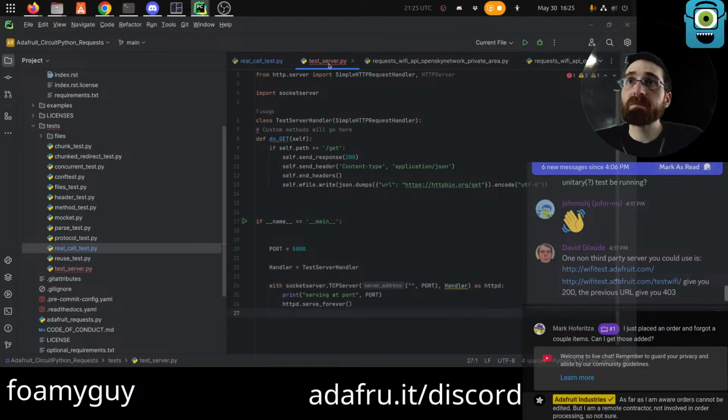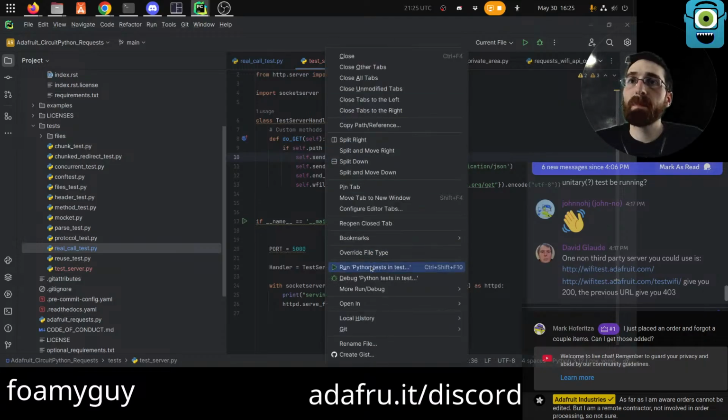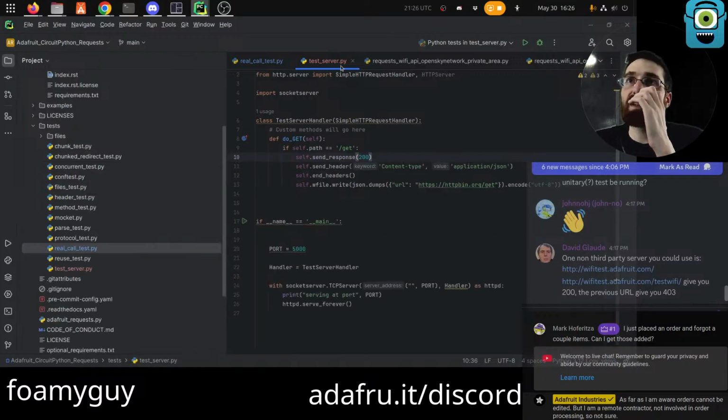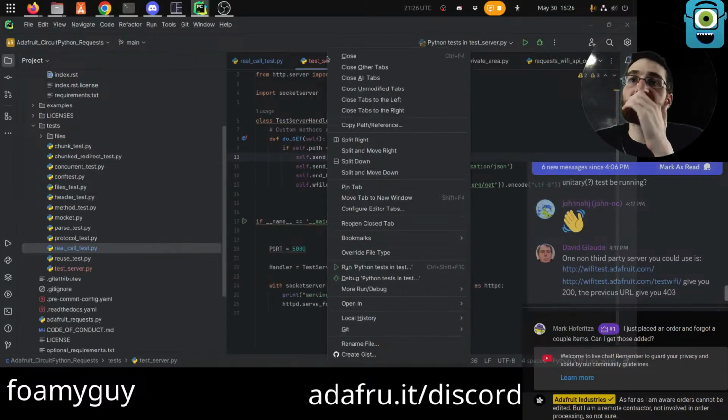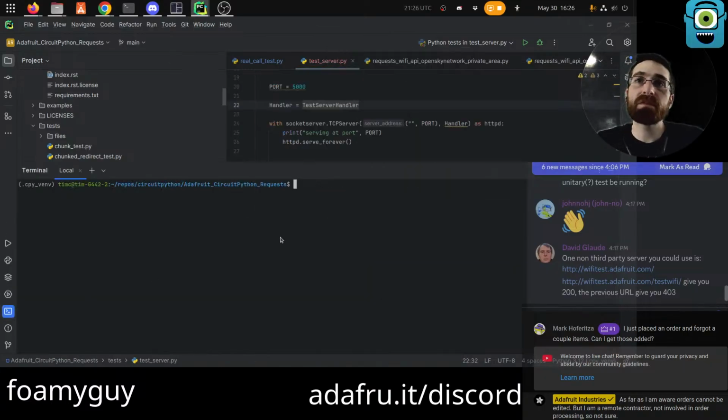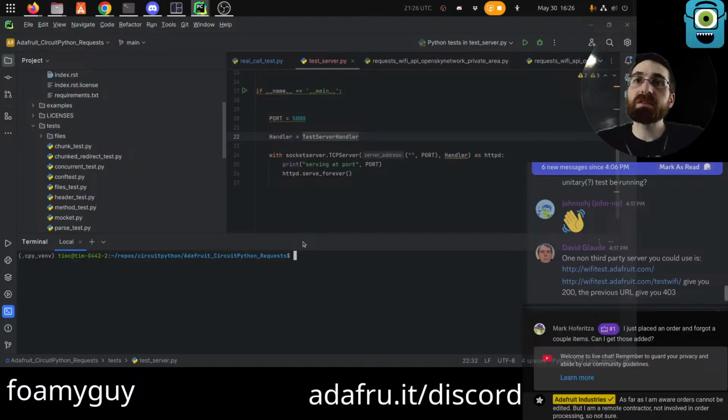Okay. Why is it red though? Oh. Need an init? Need an init. That tried to run it as a test though. I don't want to run it as a test. I want to just run it as a Python file. But it's in the test directory, so it starts with test. Maybe we should change the name to something else.